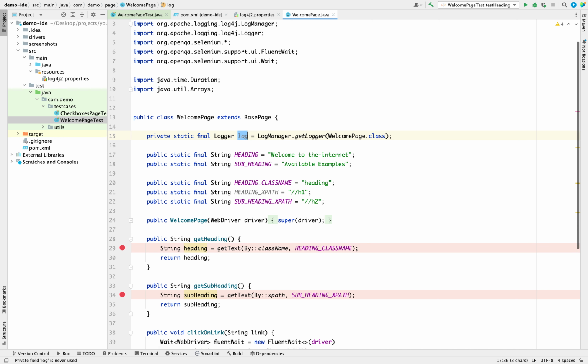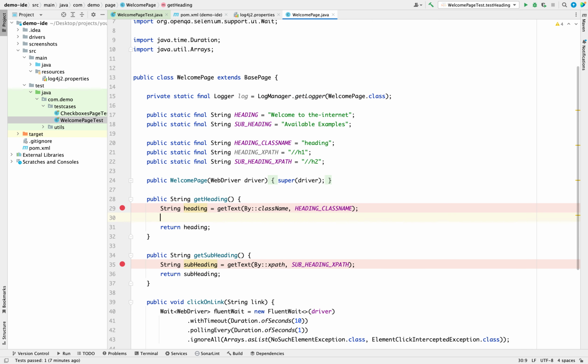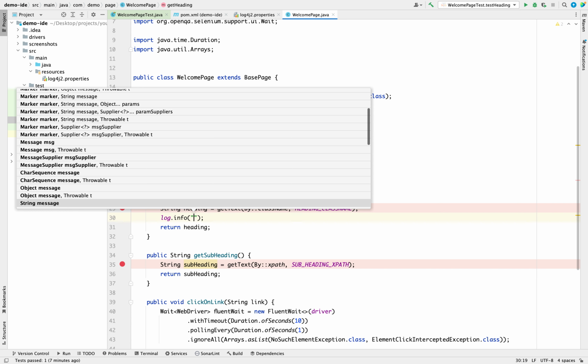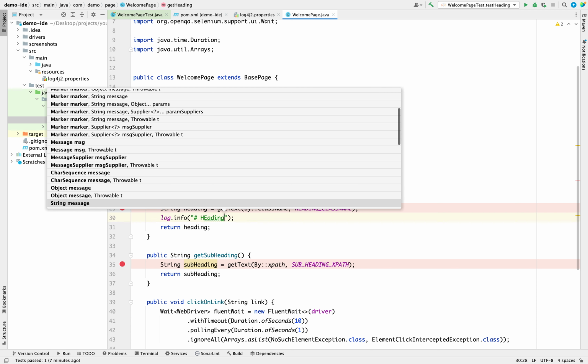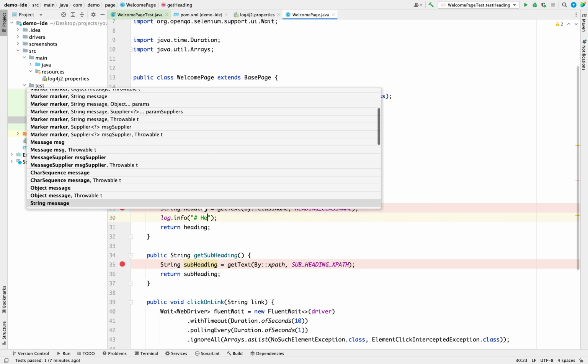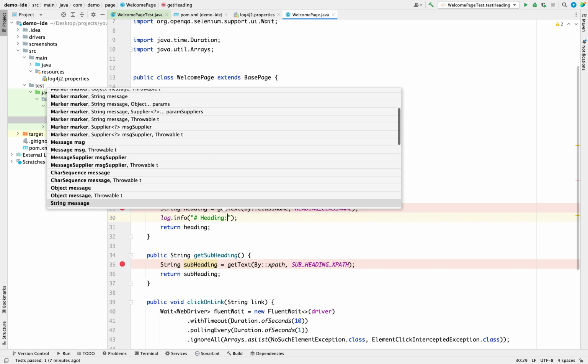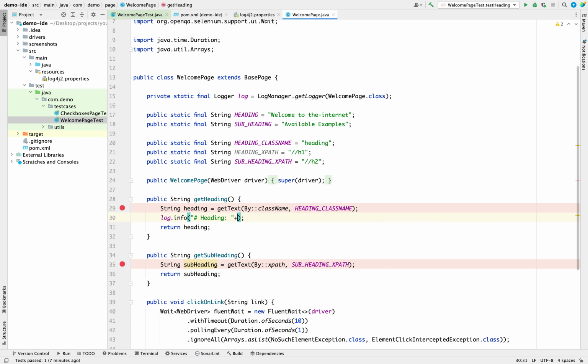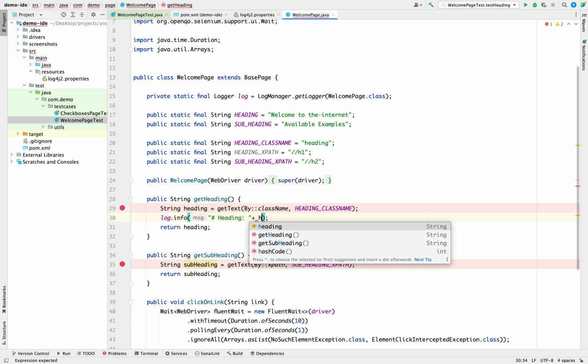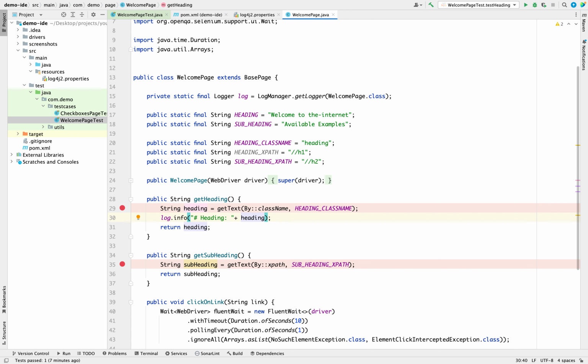Okay, now this is log. Let's go over here, log.info, and I just wanted to display this heading. So say heading, and then let's add heading. Okay,